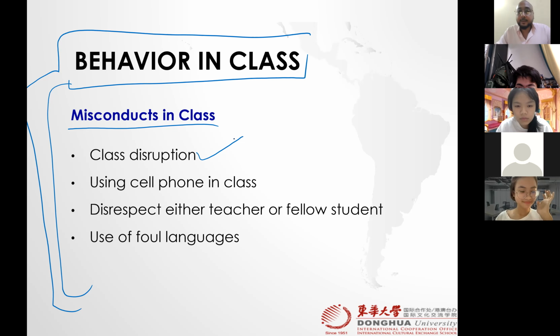Class disruption is that you are using a mobile phone during the class, right? You didn't silence your mobile phone, or you are in front of the screen, because this is going to be recorded, and you are using this mobile phone continuously. Maybe there is an urgent call or something from your family members. You can first try to turn off your camera and then mute your microphone and then go and receive the call. Okay, maintain class